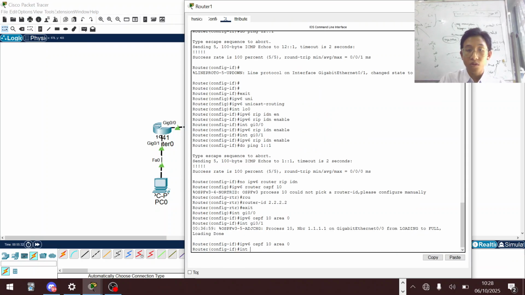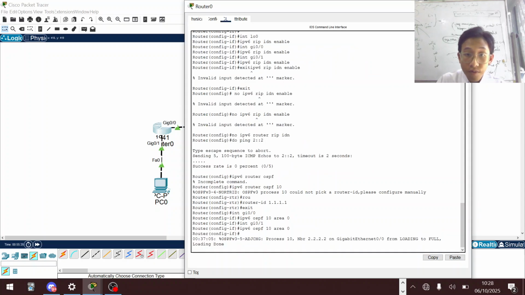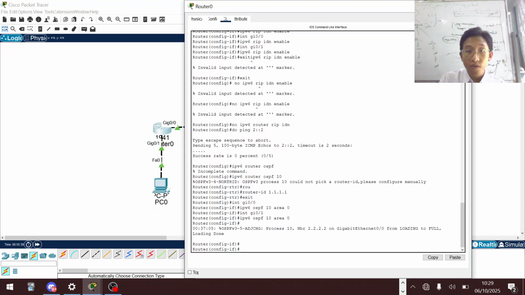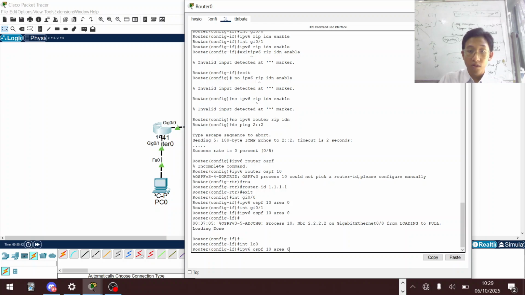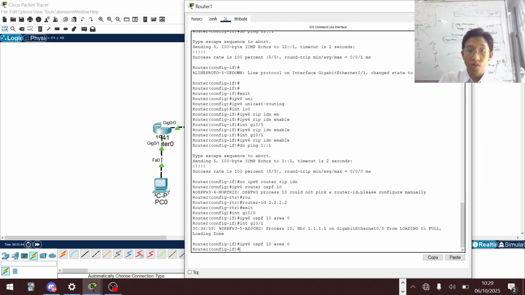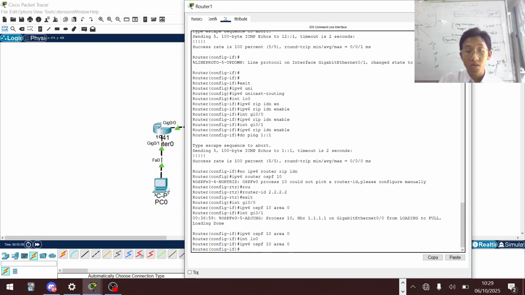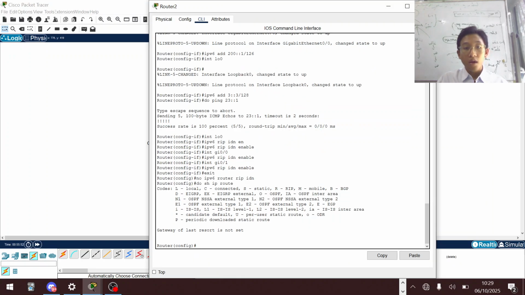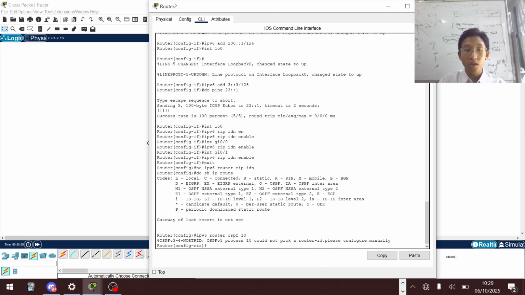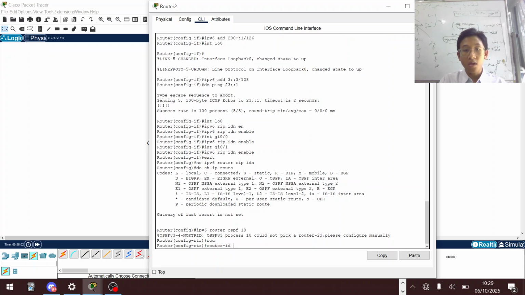And then also the loopback. What have I added for the loopback? Okay, seems like I haven't added the loopback yet. Now we also add it on the loopback on all of the routers. In here is the second router, and for the third router we must turn on the OSPF first and give the router ID, that is 3, because this is the third router.